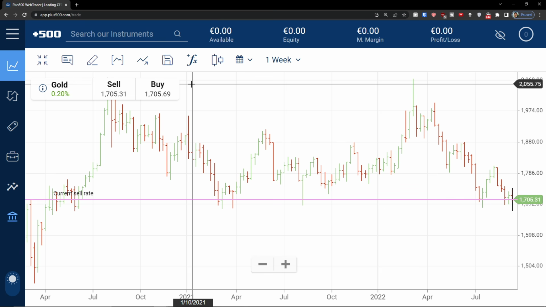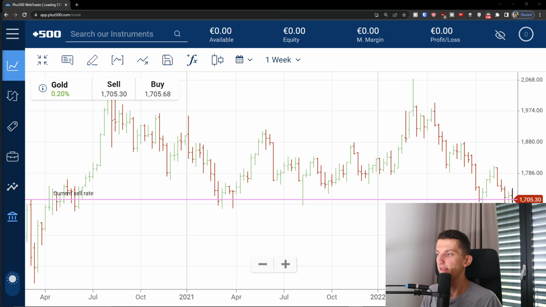So this is how you can use the Plus500 trading platform. If you have any questions, guys, ask me down in the comments. I'll be really happy to help you. Hope I gave you a little bit of value, what you can do here and how you can use it. For me, it's nothing that difficult, but most importantly, when you see the trade here,